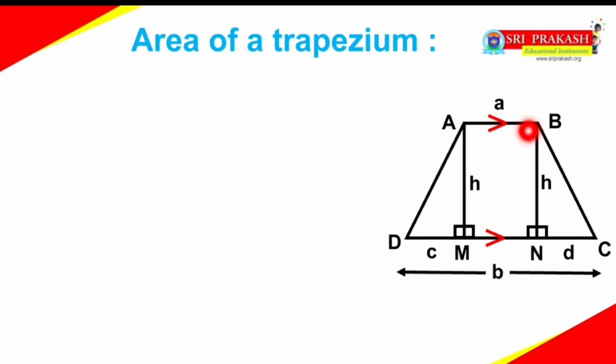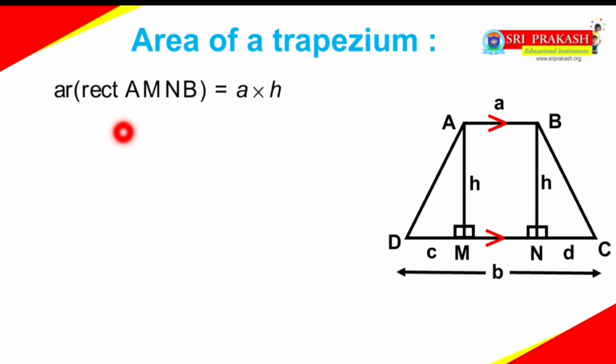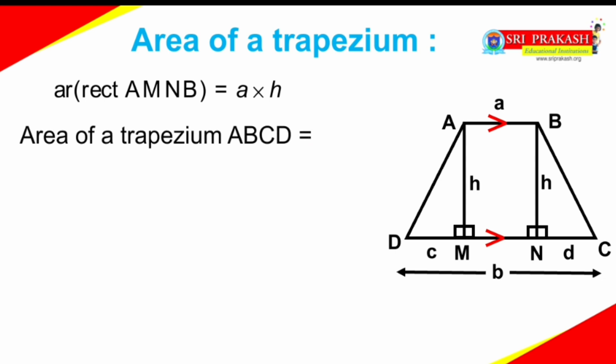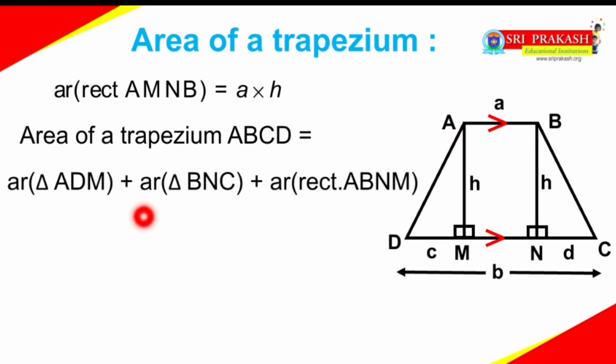So the area of rectangle ABNM is equal to a into h, that is ah square units. Now, the area of trapezium ABCD is equal to area of triangle ADM plus area of triangle BNC plus